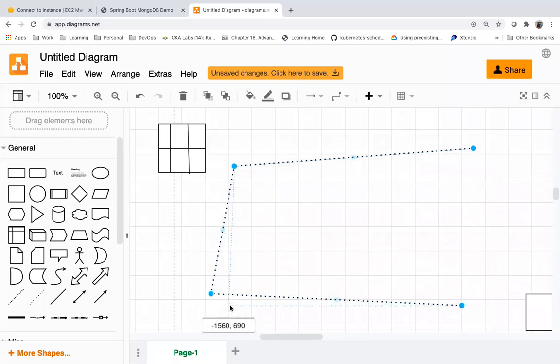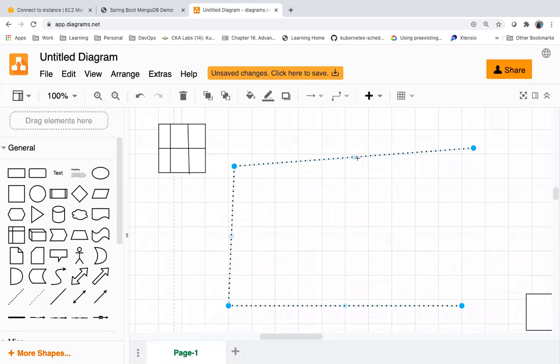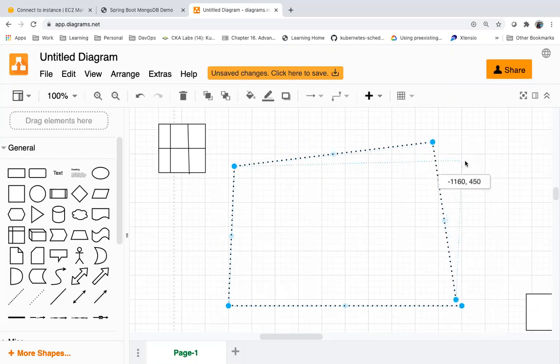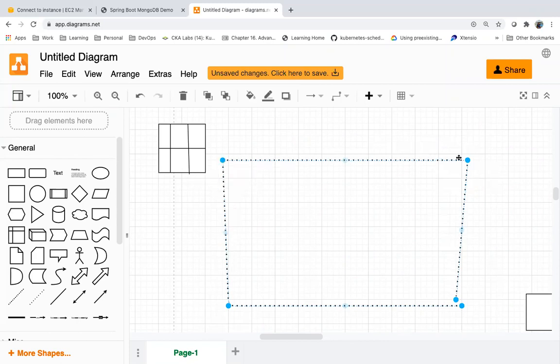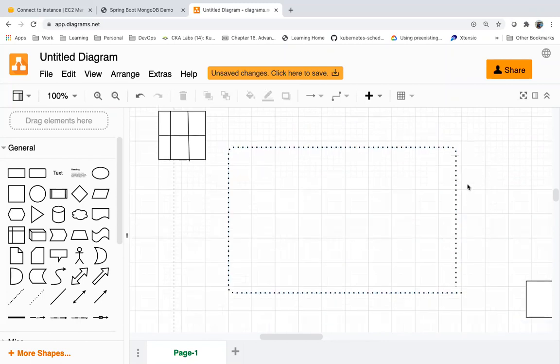You have a Kubernetes cluster. Let's assume this is your Kubernetes cluster. I have a master, and I have workers.